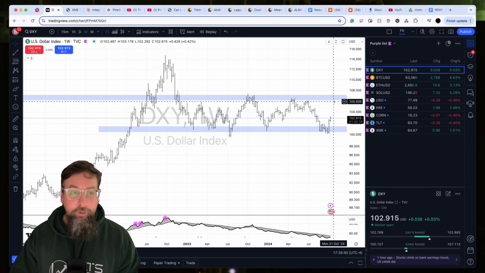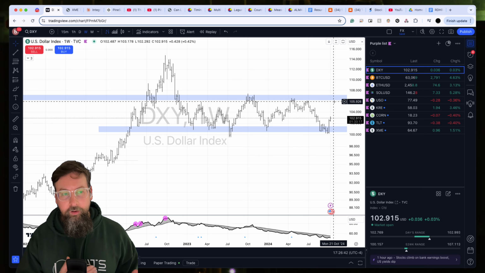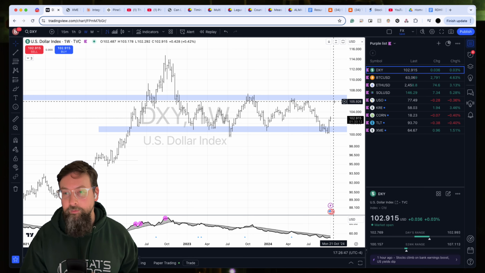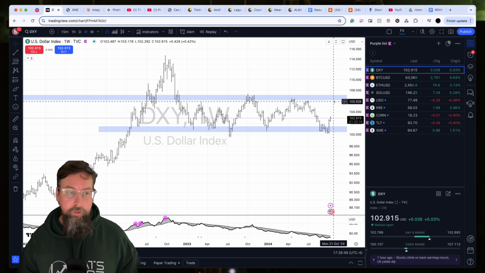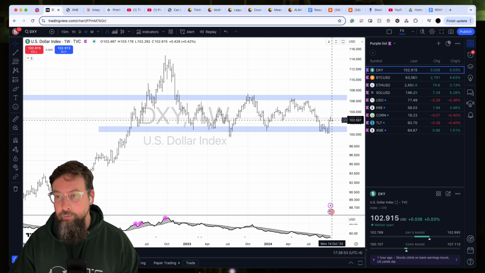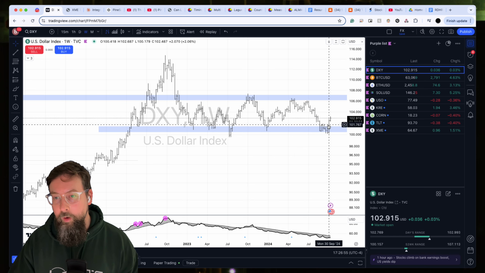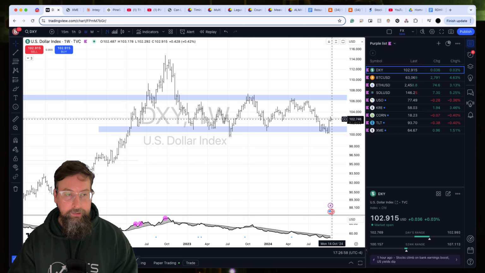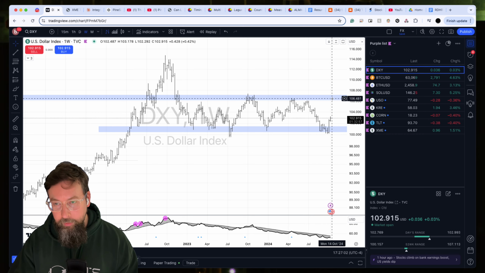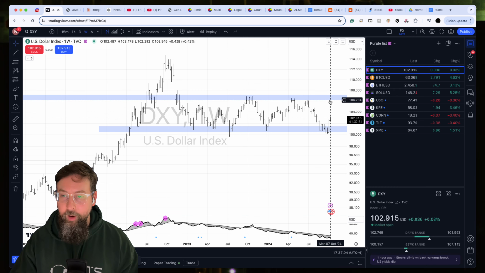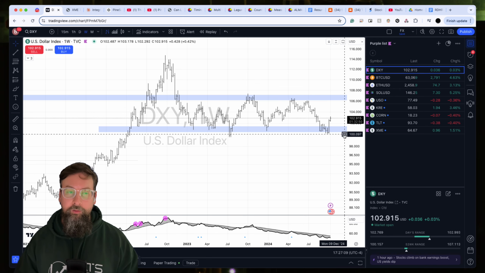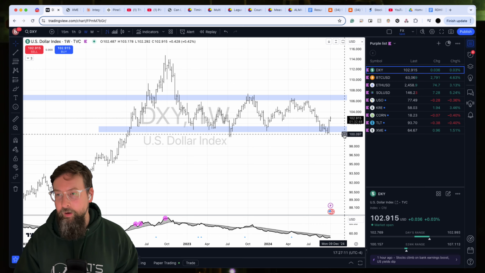I don't think so. It's generally support and resistance areas: the more times you knock against it, the weaker it gets, and eventually it goes. So I do expect this to go at some point, but I could be wrong, right? I'm going to wait for price action to tell me. I did expect some sort of a bounce. Now, the question is, does this bounce end or does it lag before it breaks down? If we get all the way up to the top here, I don't think we're going to stop up here and reverse. Maybe we could. The market's generally not that clean, where it's just going to respect these support and resistance areas all the time.